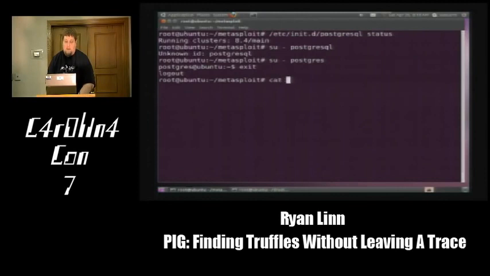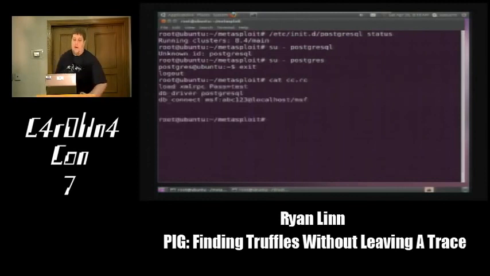To start Metasploit, I've created an RC file, and what this is going to do is load the XML RPC module, which Dradis is going to need to pull the data out of Metasploit. We're setting the password to test. Then we're setting the database up so that it will use Postgres, and we are connecting to it. So when we start Metasploit, we're actually going to see it initialize the database and bring all of our information in.